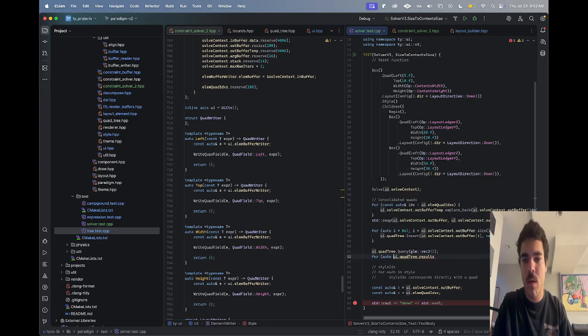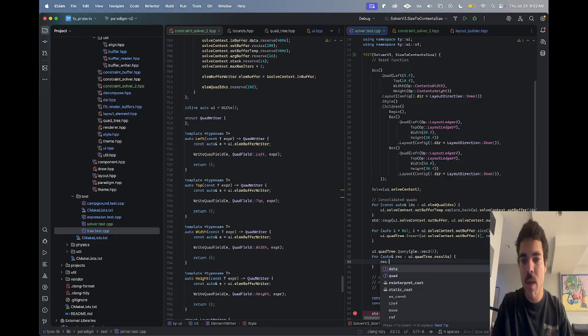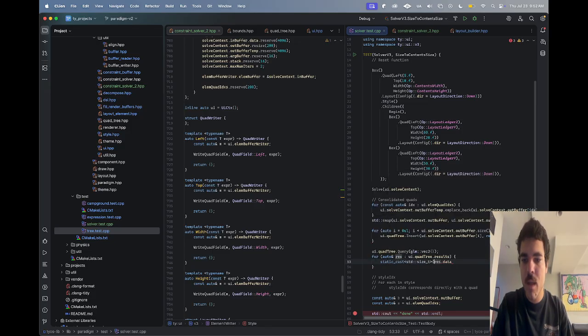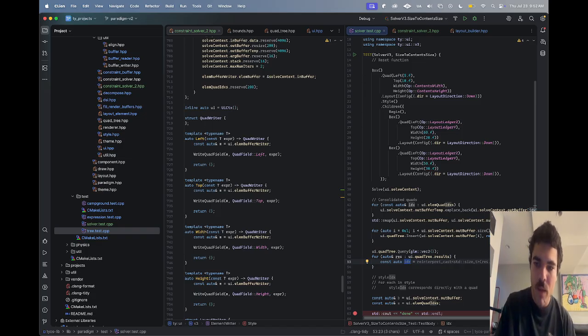for auto res in results, res.data, and then we cast that to a std size_t. We might have to reinterpret. Console index is that. So now we have this index should map to a quad. It should map to a, well, here we need to map to,